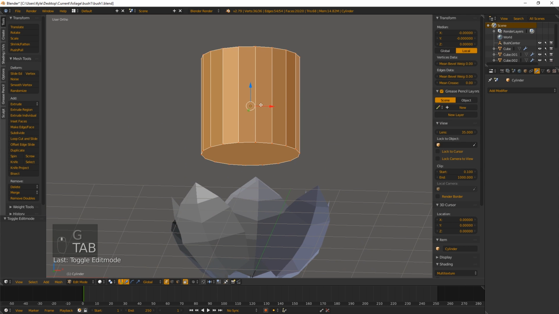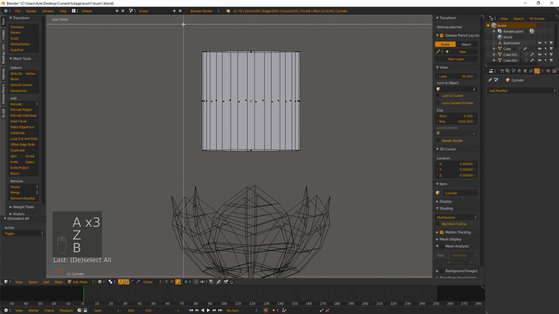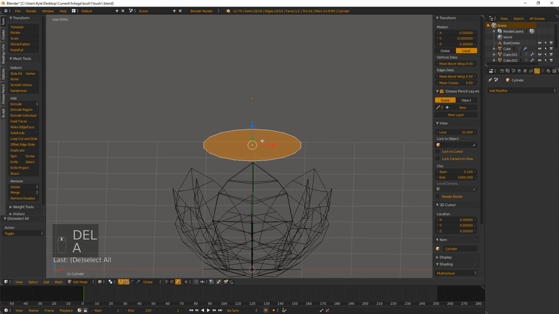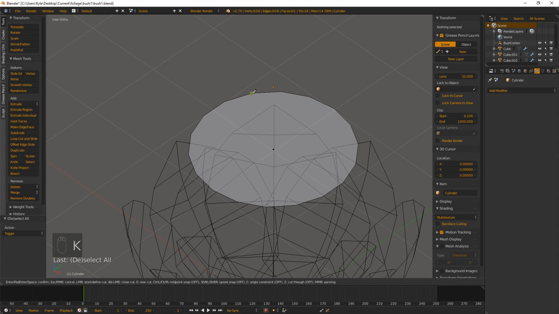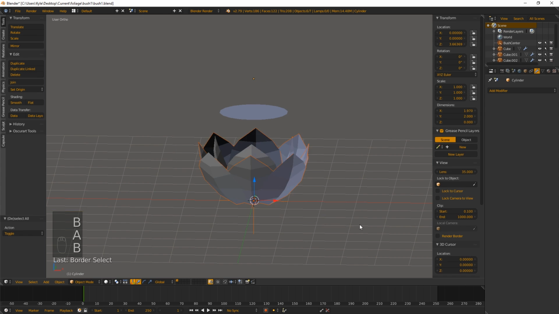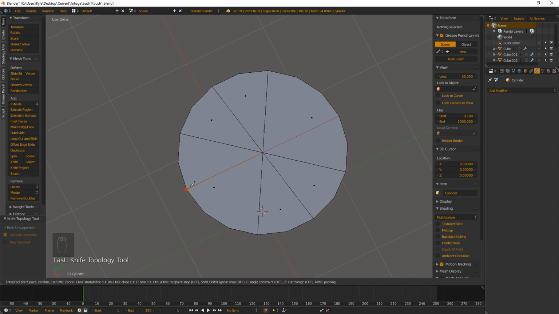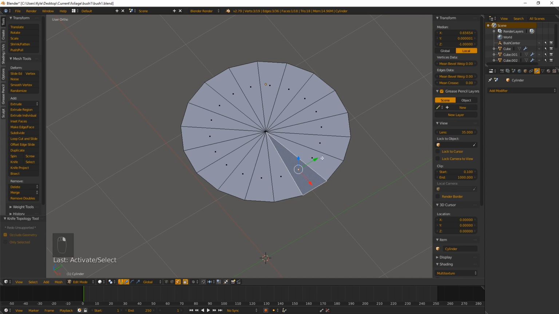And we're going to tab into this and grab faces. And we'll just go Z so we can see through it, and B to grab all these. Delete faces. Alright, now we got this. Let's unselect. We'll just start cutting them. So we use K, and we'll drag across to each side. Now we got our lily pad pizza, and what we're going to do is we're going to take, before we do that,